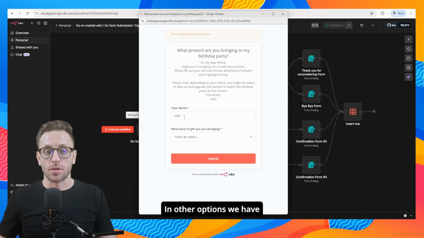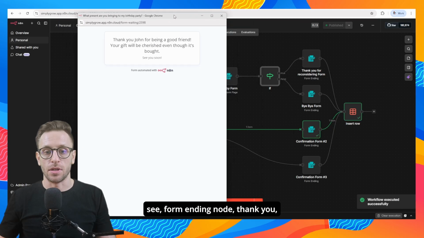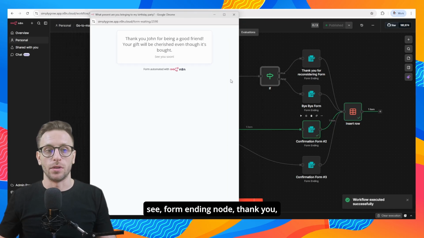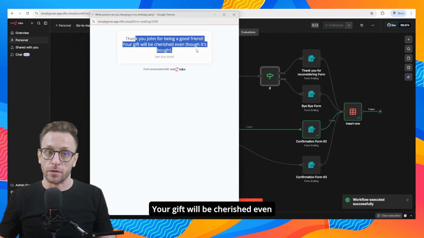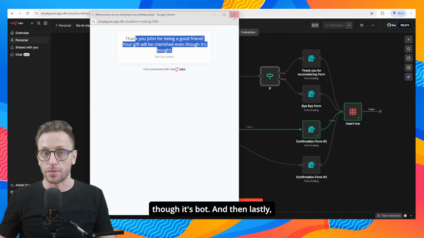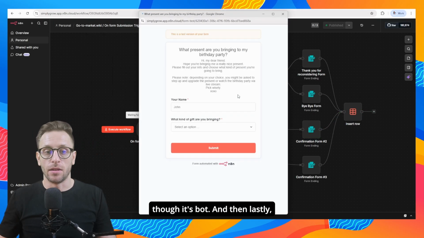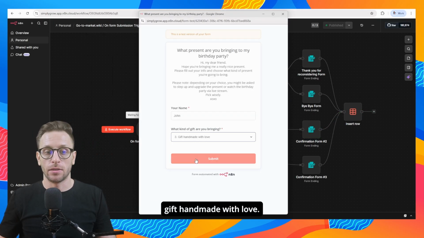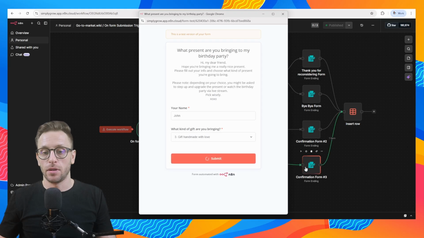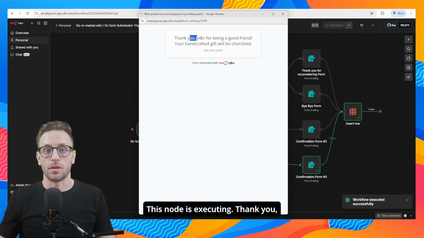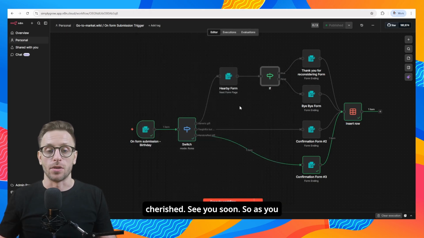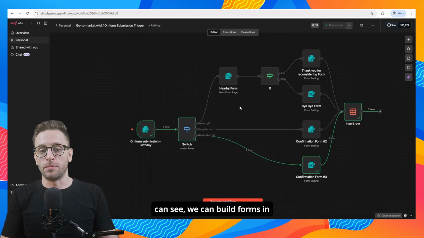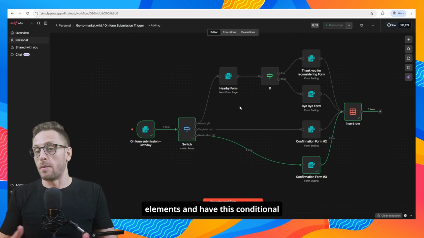In other options, we have thoughtful, bought gift. So as we can see, form ending node. Thank you, John, for being a good friend. Your gift will be cherished even though it's bought. And then lastly, gift handmade with love. This node is executing. Thank you, John, for being a good friend. Your handcrafted gift will be cherished. See you soon. So as you can see, we can build forms in different ways with different form elements